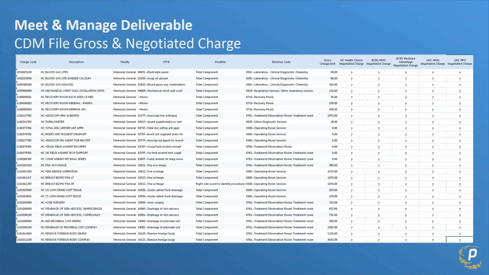Now, earlier this year, when CMS required hospitals to post a standard price list of items and services, most hospitals posted a file with a bare minimum set of data elements to be compliant. Most organizations listed their charge code, the description, and then the gross charge itself. For the upcoming mandate, CMS provided some additional guidance, in other words, to put the patient first, by making this data both useful and comparable.